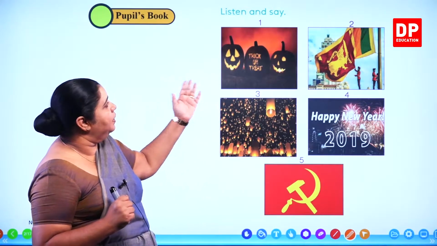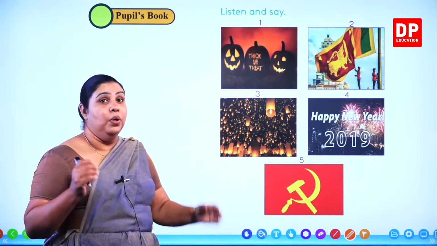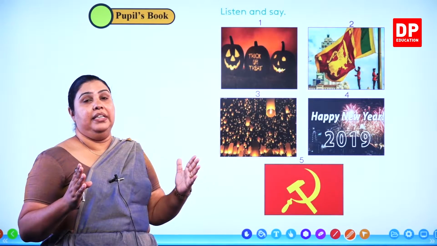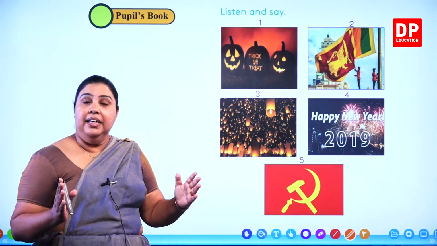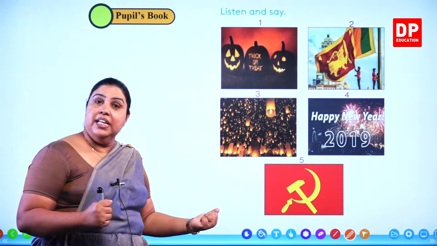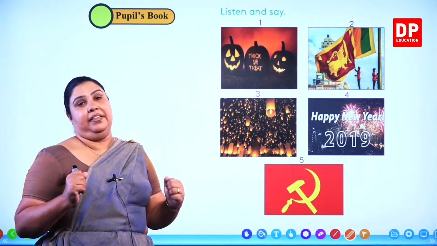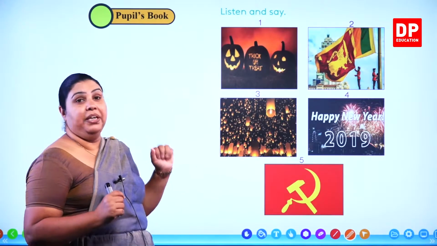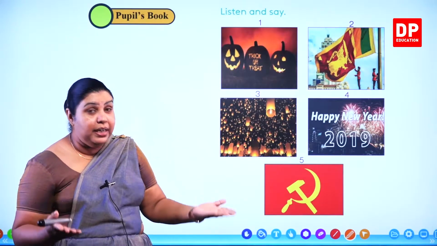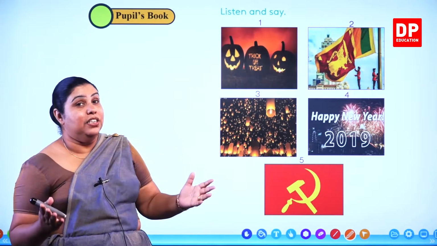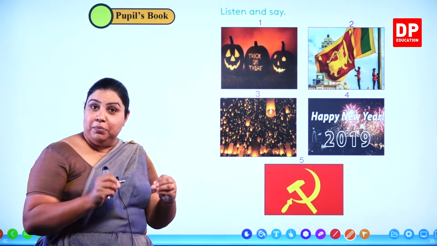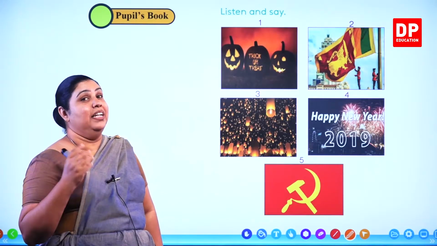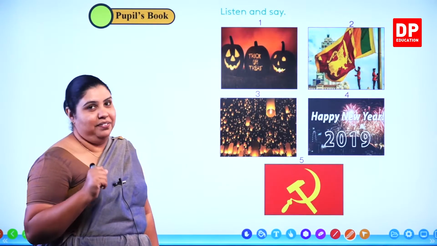First of all, take a look at picture number 1. Now, in my lesson number 7, we are going to listen today. It's all about listening and then answering the questions. And it's a listening activity actually. So before we start anything else, you have to look at the pictures and then we are going to learn about these pictures. And then later on, we are going to put them together. Then we are going to see what these pictures symbolize. And then you are going to do your workbook activities as well.